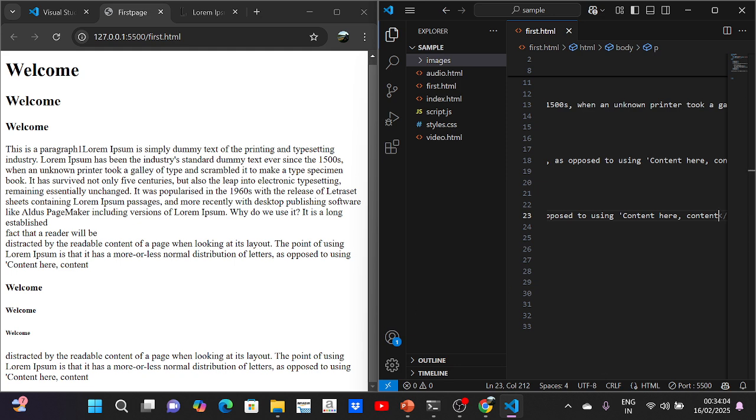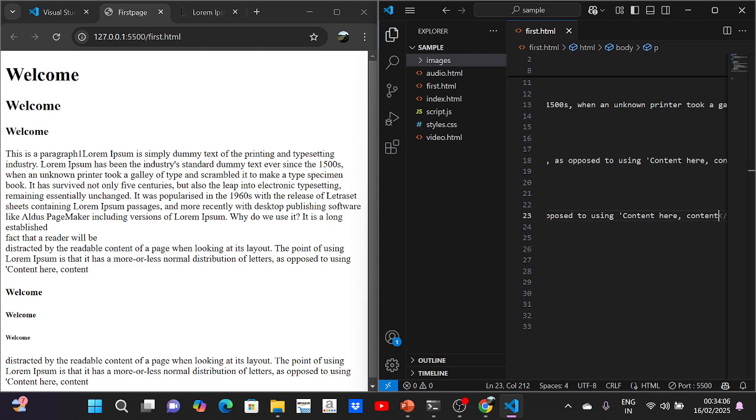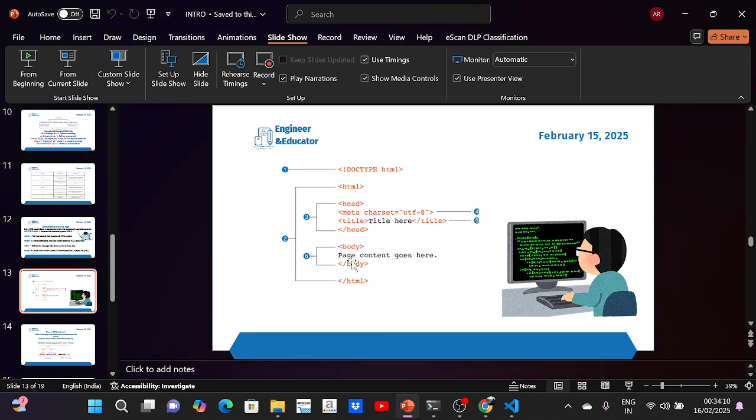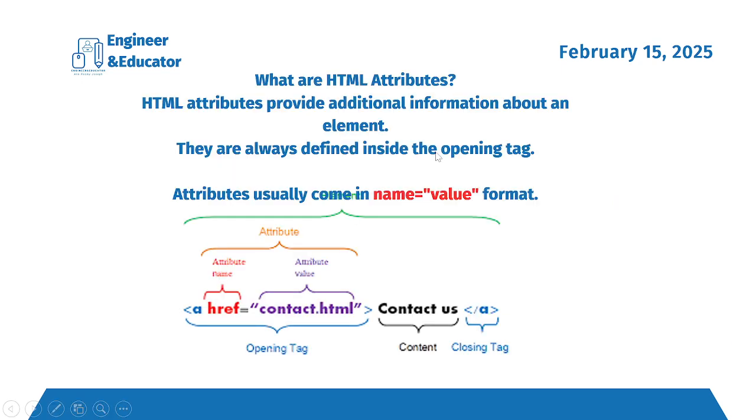There are many other tags also that we use. So let us move on to the PowerPoint and see what's next for us. Next, we are going to study about some HTML attributes. Actually, what does attribute mean? So HTML attribute provides. Different tags we have used and we have seen: H1 tag, P tag,